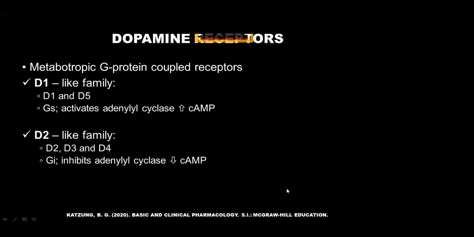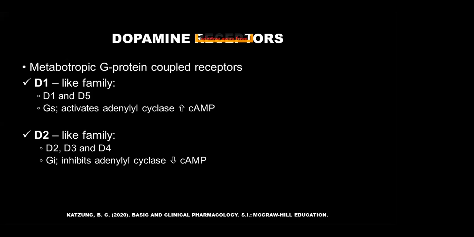So dopamine agonists are chemical compounds that bind to dopamine receptors in the absence of the neurotransmitter dopamine. So these dopamine receptors are abundantly expressed in many tissues in the body, predominantly in the brain. And there are two families of dopamine receptors. They are the D1 family and the D2 family. So the D1-like family consists of the D1 and D5, and they are GS coupled, while the D2-like family includes the D2, D3, and D4, and they are GI coupled.